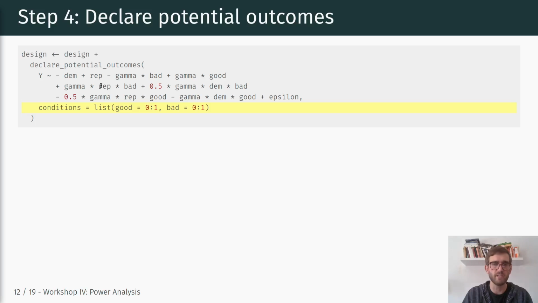We have this motivated reasoning effect, where the effect of the negative treatment cancels out for Republicans, and the effect of the positive treatment cancels out for Democrats. And we have the ceiling effect for Democrats and for Republicans for the positive and negative treatment, respectively. Okay. In addition, we're specifying here conditions, which basically tells us the conditions for which we want to compute these potential outcomes: good being equal to 0 or 1, and bad being equal to 0 or 1, right? So those are the potential outcomes that we want to